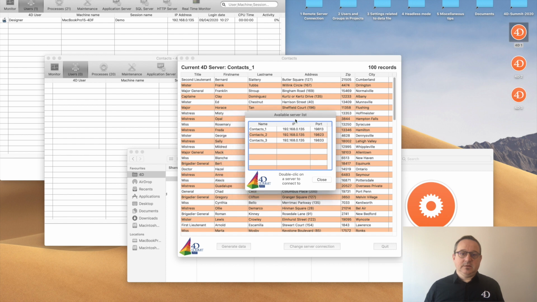And I can see in the list, I wait for 5 seconds, and then the server disappears. So this feature allows you to build your own connection application and imagine several use cases, several strategies to connect to your 4D servers.